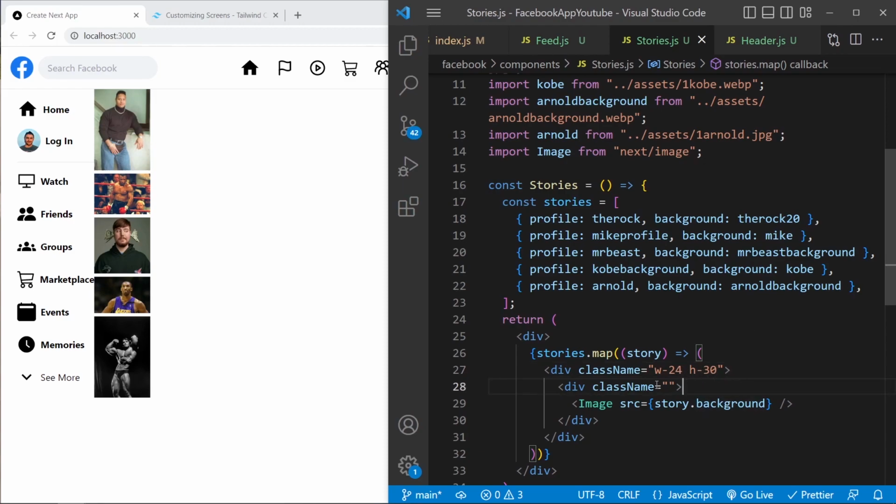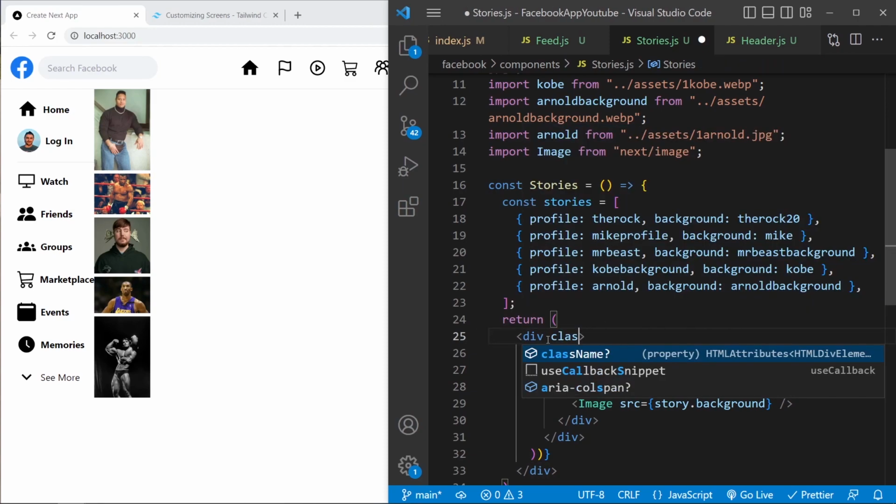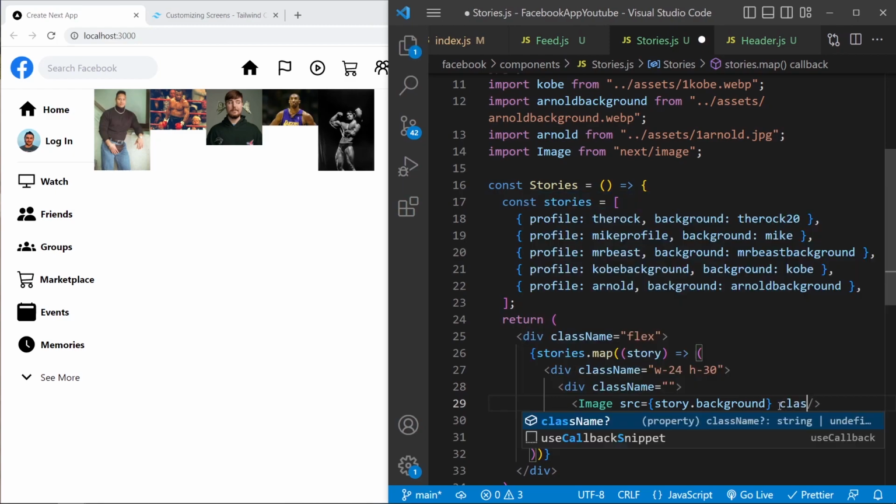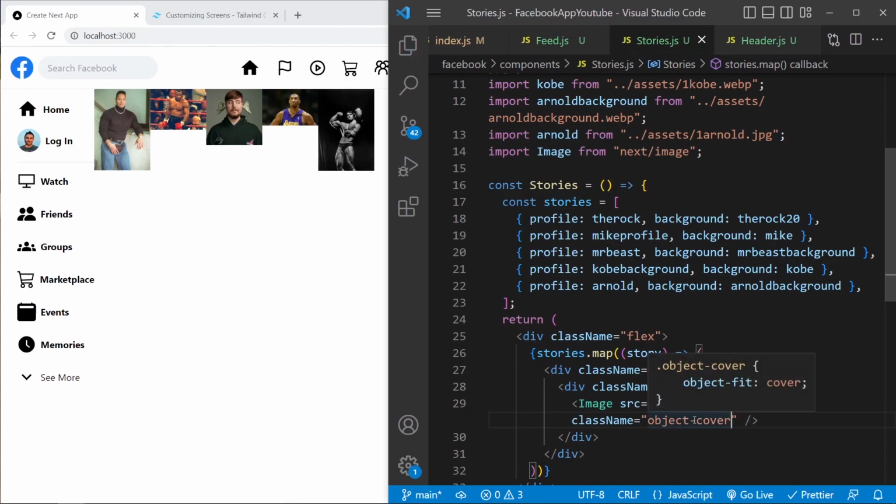Now the next thing to do is to add flex first. So I'm going to say flex in this div, so class name flex, and I want this image to occupy the whole div. For this to happen, I'm going to give this a class name of object cover, and save. This is object fit cover, and let's say flex here and flex here as well,